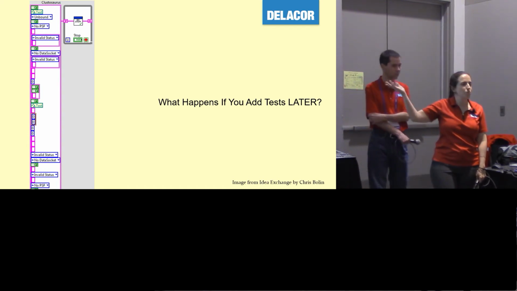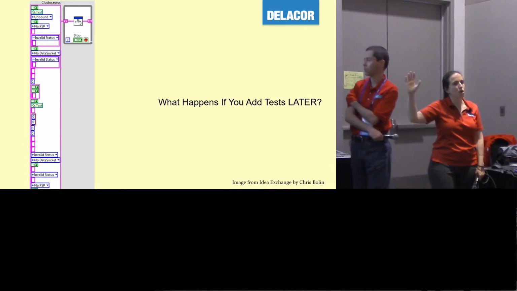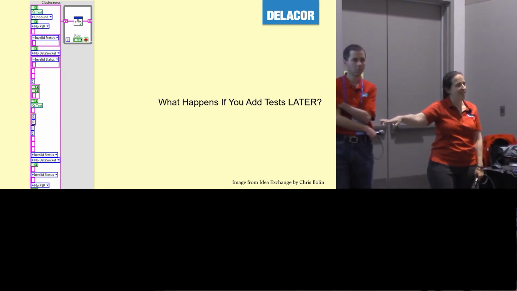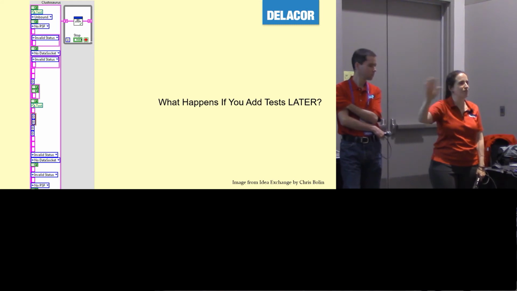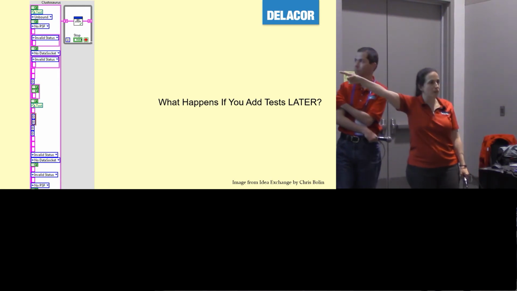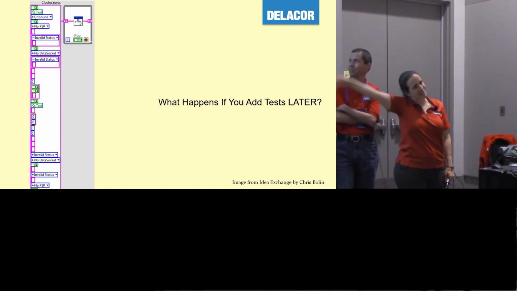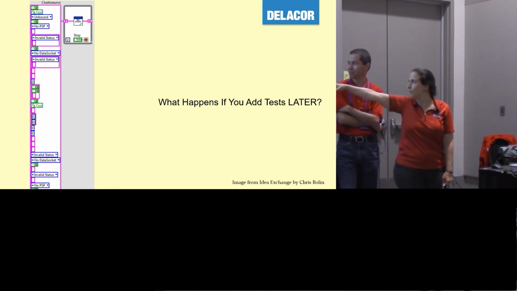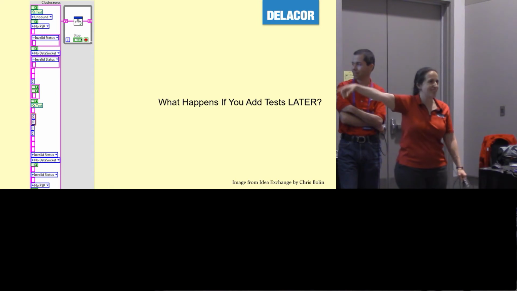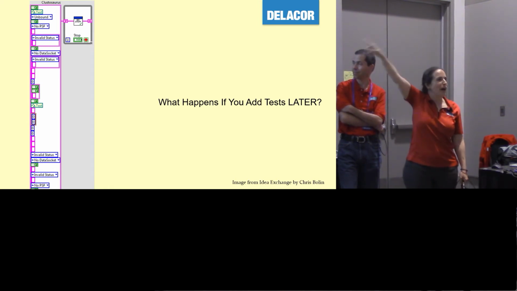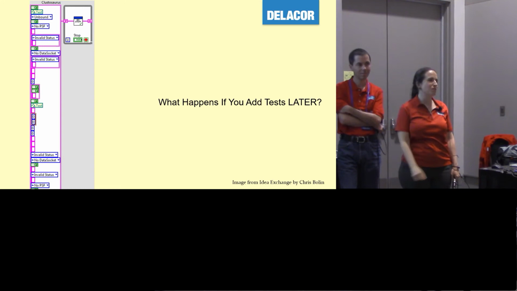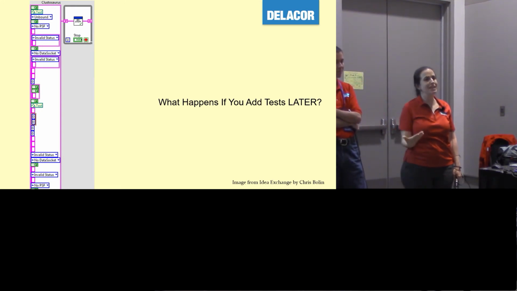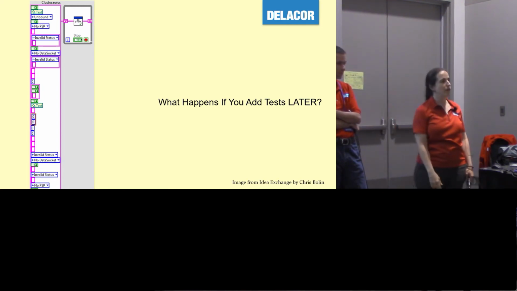I get hired sometimes to add unit tests to code that's already done that they now want to pass for FDA or for whatever regulation. Now they want to add unit tests. And I come in and the first thing I say is, that cluster-saurus, that huge cluster, which by the way I found on one of the exchange points, when you actually open the little VI where it's going in, you're only using 1 or 2 elements of the cluster. So the first thing I say is, I'm sorry, I'm going to put an unbundle outside, and then I'm going to test the VI inside.